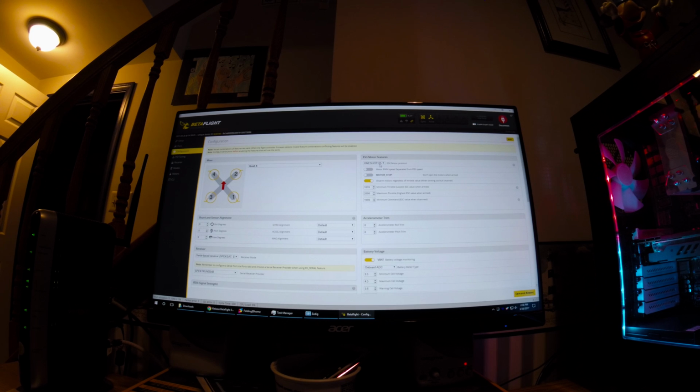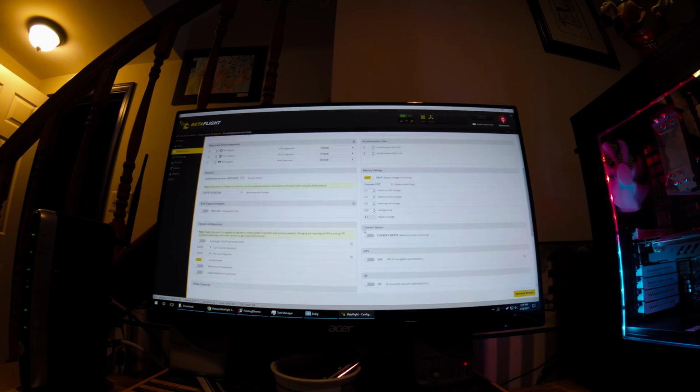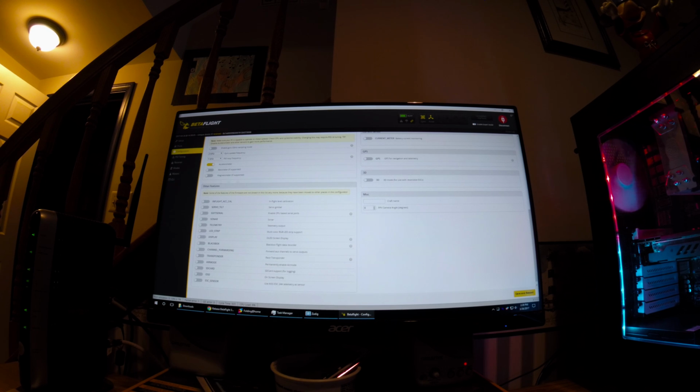And then, let's see, we'll go ahead and change the ESC protocol to DSHOT-600 just for fun. And then down here on other features, we're gonna do on-screen display and then ESC sensor, and that says use KISS ESC 24-amp telemetry as sensor. So hopefully that will give us the OSD functionality that we're looking for, and I'll still be able to use this thing as my OSD and still get current readings. So I'll hit save and reboot,